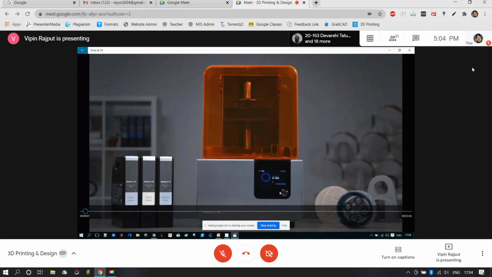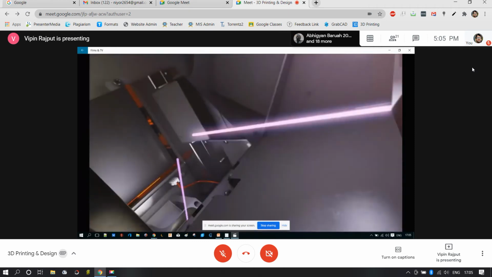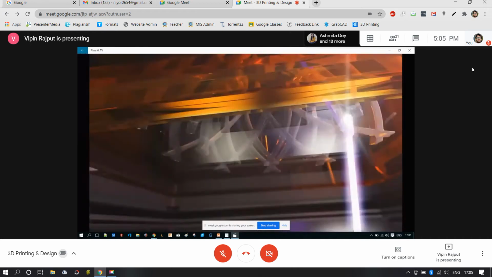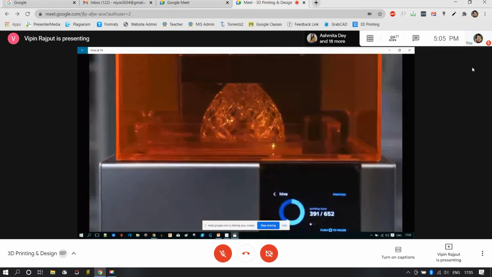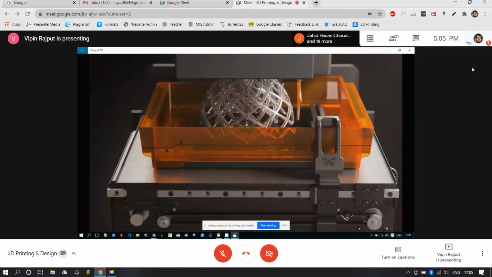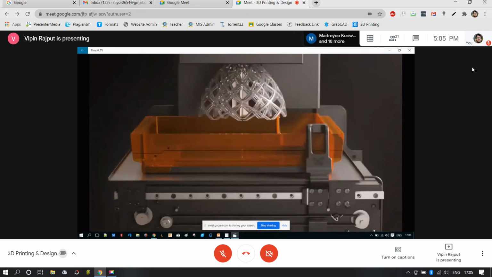Introducing the Form 2 high-resolution 3D printer. It starts at the heart of the machine, the optical engine. A high-powered laser is guided by custom galvanometers, creating each layer with exceptional detail. A sliding peel mechanism gently removes the part from the print bed, while a wiper glides across the optical window.